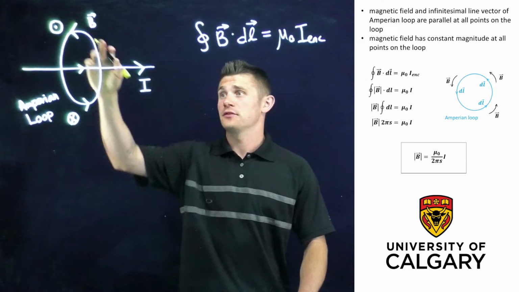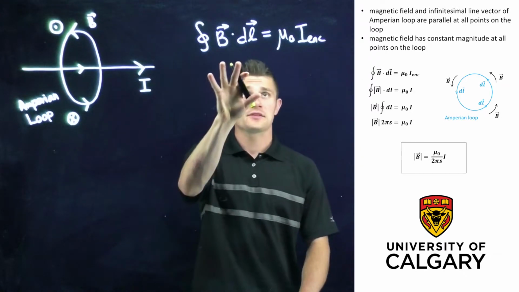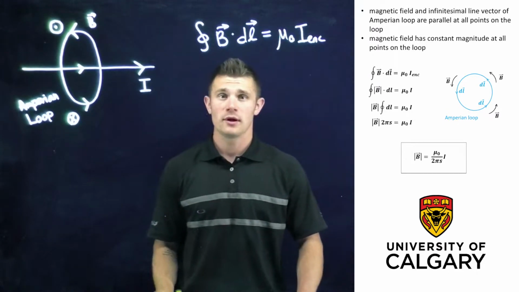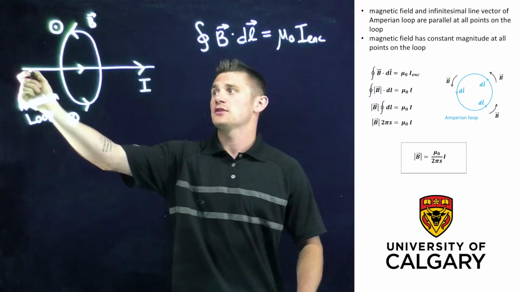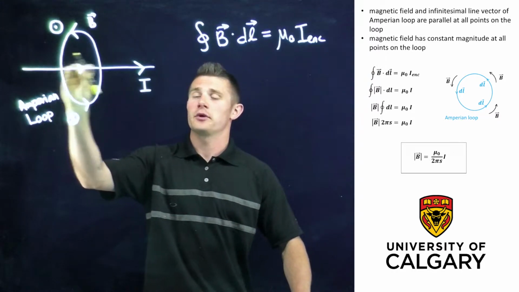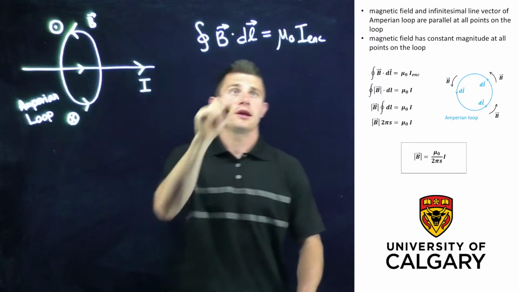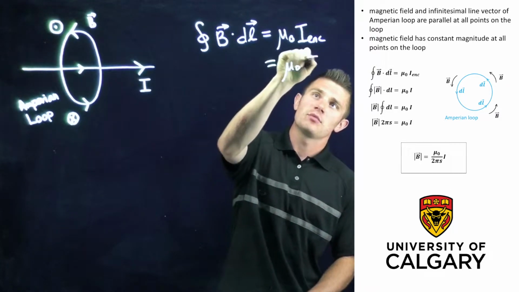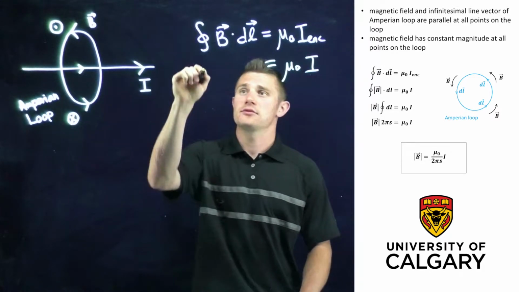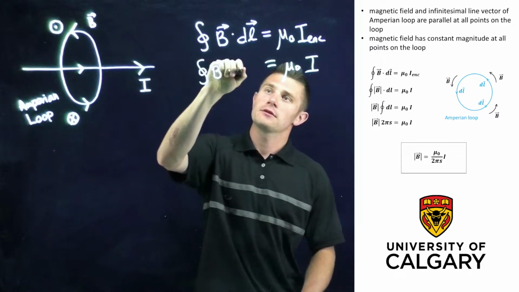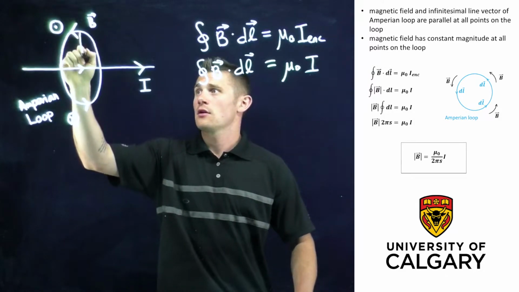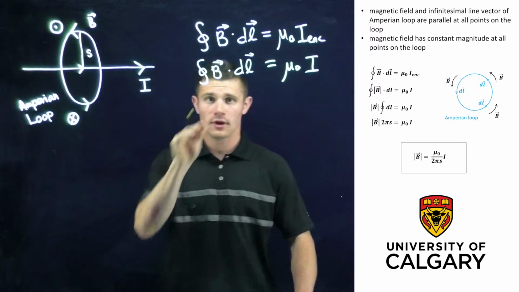So now let's find the magnetic field outside of the straight wire. We look at this equation and we know from the right-hand side that we want to find the enclosed current by this Amperian loop. Now this is straightforward in this case because the straight wire passes through the center of the Amperian loop. So all of the current that's flowing along this wire will pierce this loop, and so I enclosed is simply I, the steady current that's passing through the loop, because all of the current passes through the loop. Complete the equation. Now we'll say that our Amperian loop has radius s,